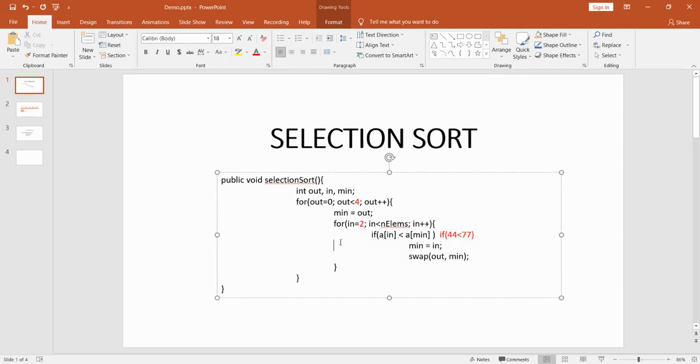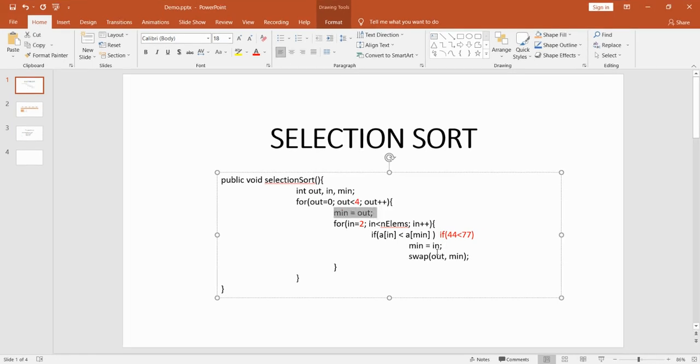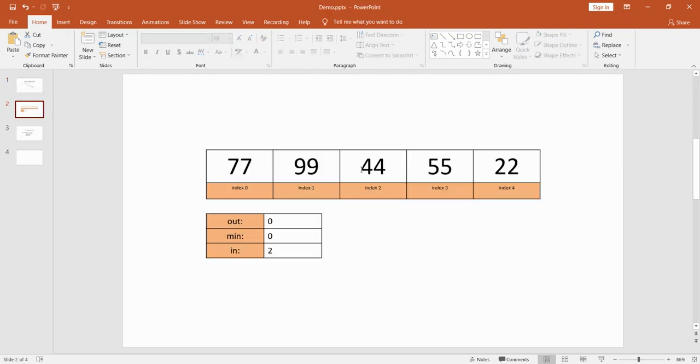So this particular code is only temporarily saying that your minimum number is now 44, not 77. But it does not mean that the original value of minimum will be changed, right? It only takes temporarily the value of in as our new minimum number. In other words, it simply means that we now have